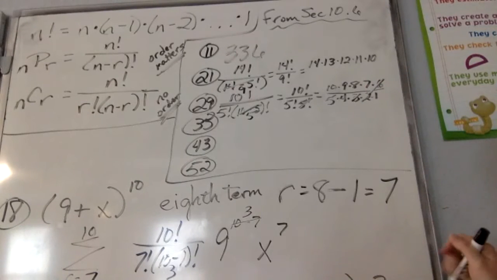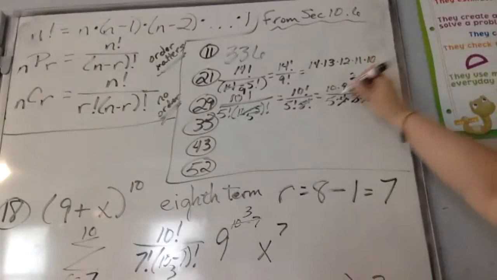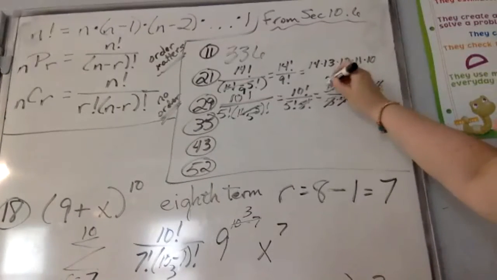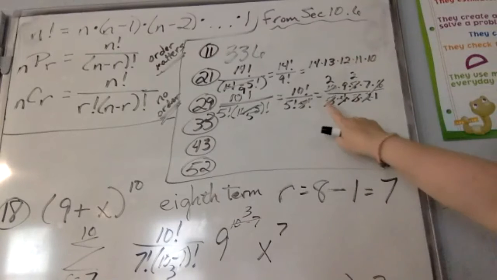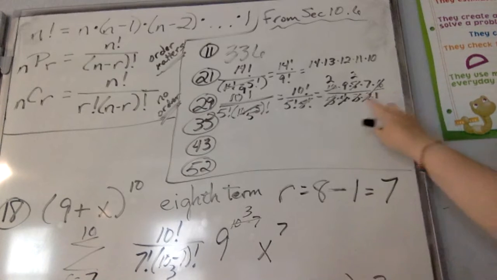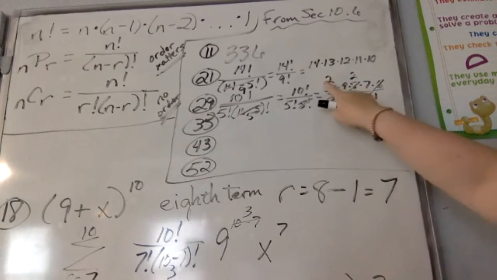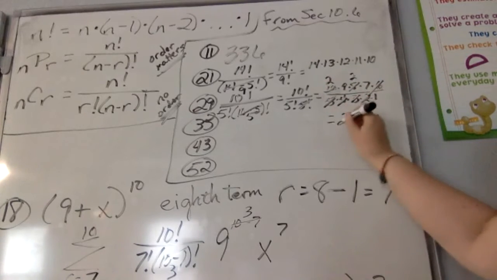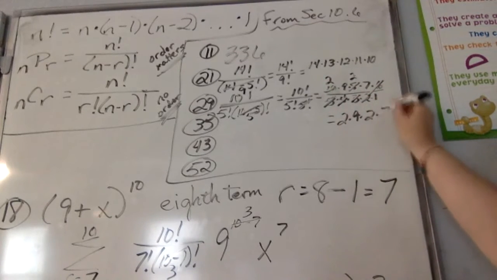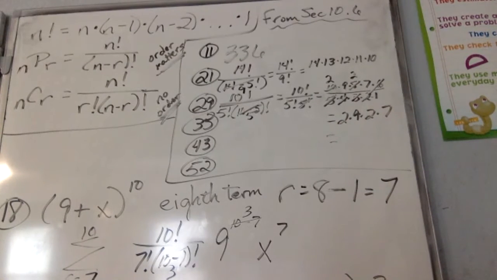I know 4 will go into the 8 twice, and 5 will go into the 10 twice. So I got rid of everything in the bottom except 1. Does it matter if you divide by 1? No. In the top, I have 2 times 9 times 2 times 7. That's what's left. So I multiply that together, and you should have got